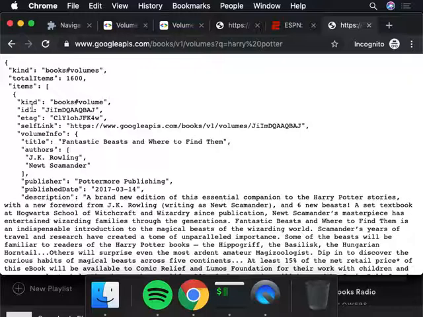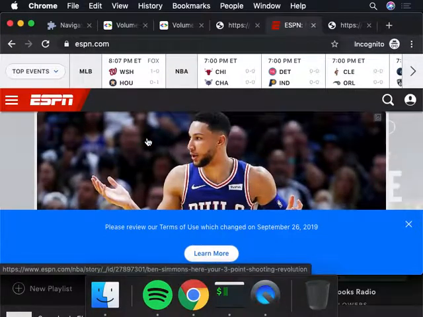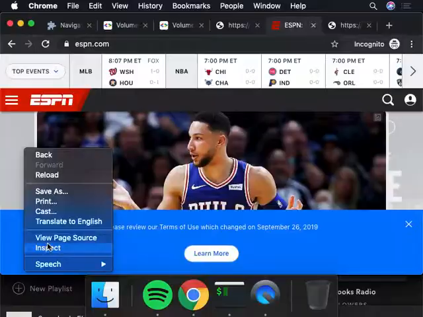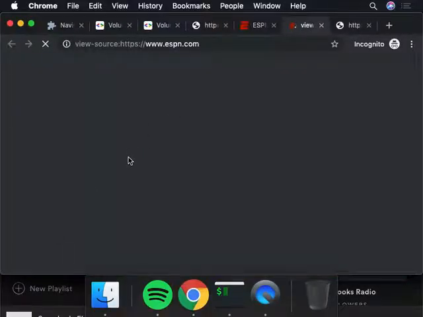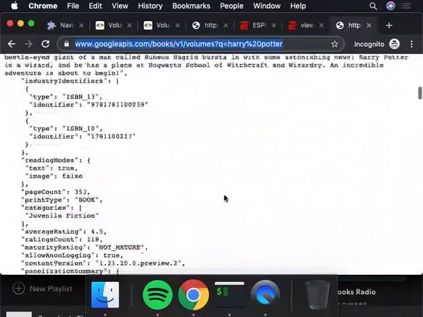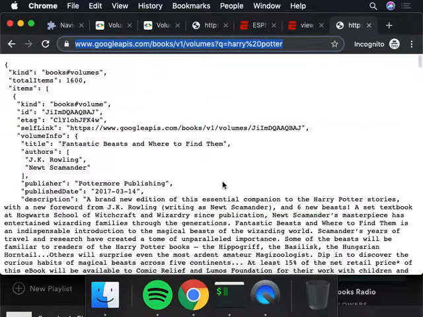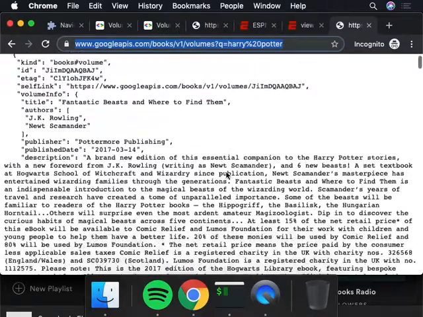So again, all we're doing is going to a URL. When you go to a URL, a web page, either you're going to get back HTML, right, which your browser knows how to interpret, and if you right click, you can go to view page source. You can see this is literally what it sends back to you, right? Or it can send back to you this stuff. If you're not a developer, you probably don't want to just see this, right? It's not very great. But if you're a developer, great. This is essentially the pure data version of a website.